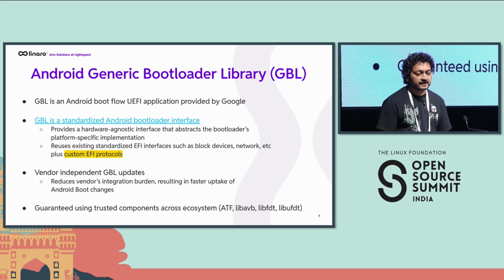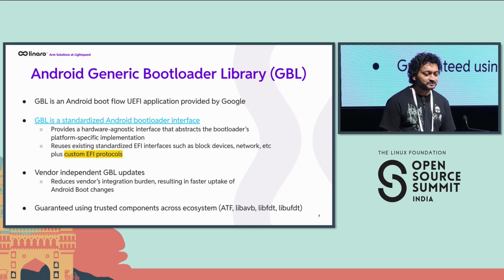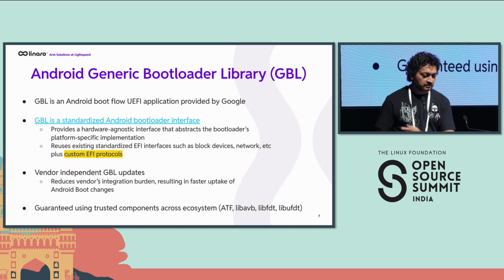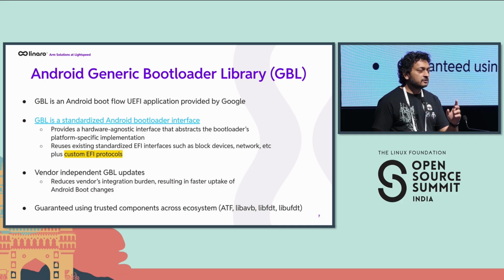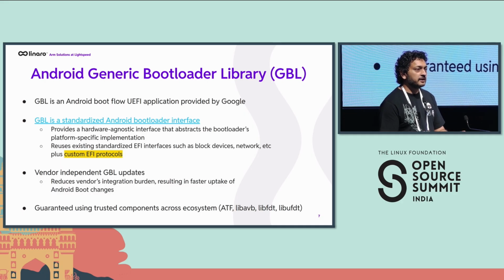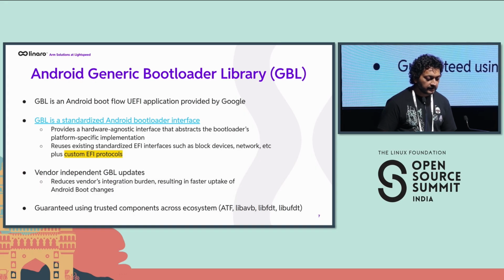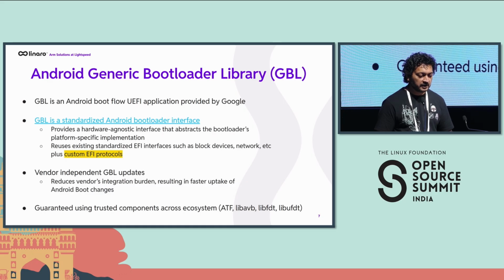Luckily, Android developers recognized this fragmentation problem too, and they have been working on a generic library called Generic Bootloader Library, also known as GBL. Regarding this name, I have a theory. We have seen GSI, generic system image. Then we have seen GKI, generic kernel image, which are aimed towards solving the fragmentation problem from the system and the kernel point of view. So I'm hoping that GBL is going to play a very important role in fixing the Android fragmentation at the bootloader level. So what is GBL?